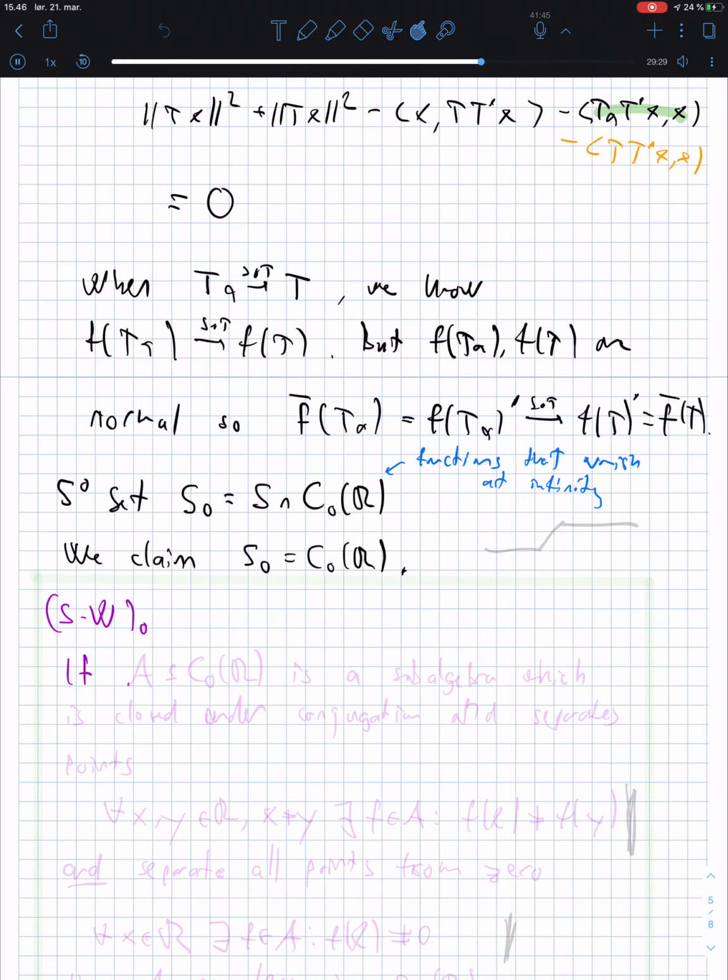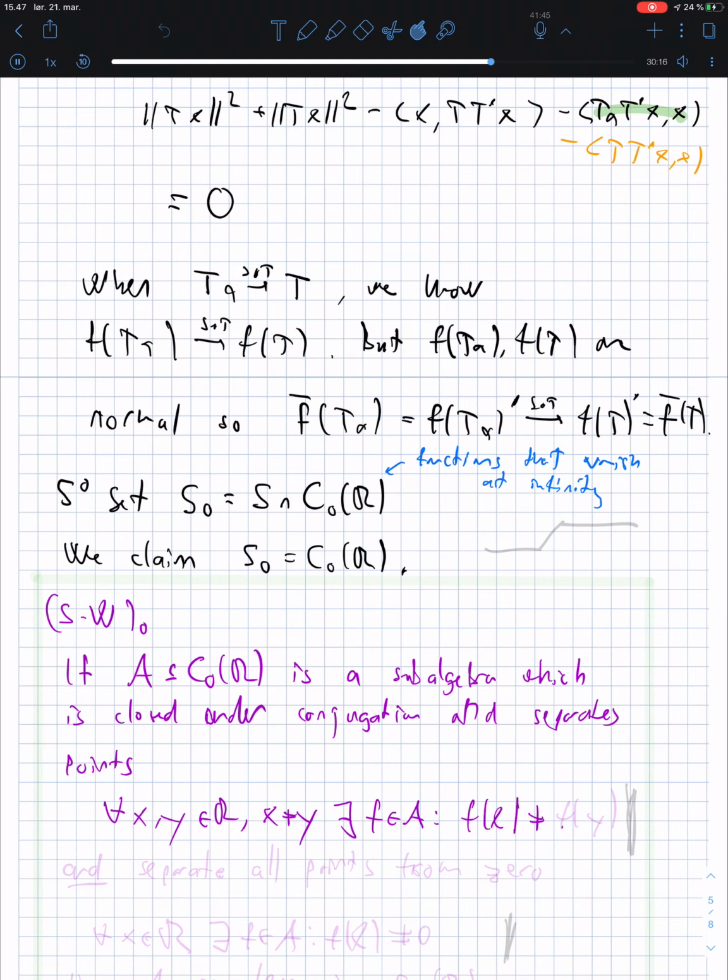So if, let's say, A inside C0 of R is a subalgebra which is closed under complex conjugation, and separates points in the sense that whenever I have x and y in R that are different, there is an f in A such that f of x is not f of y,